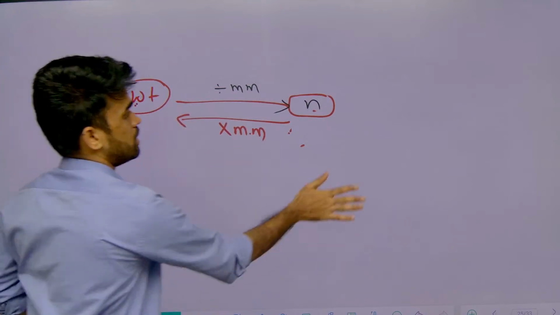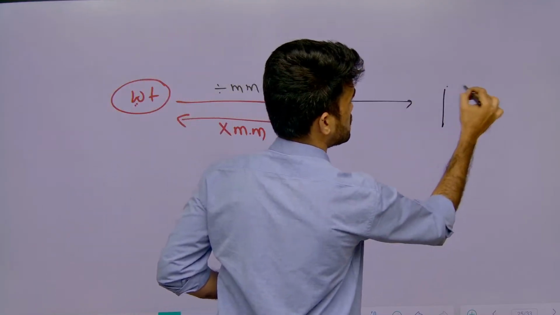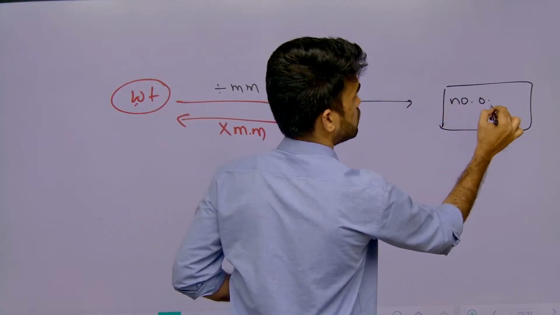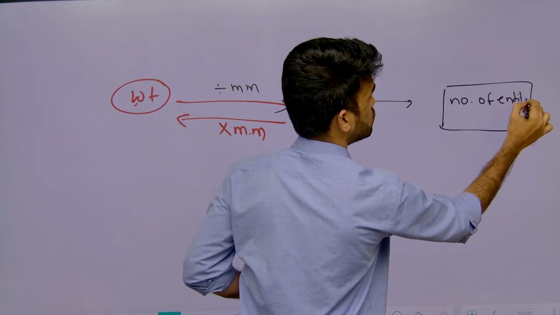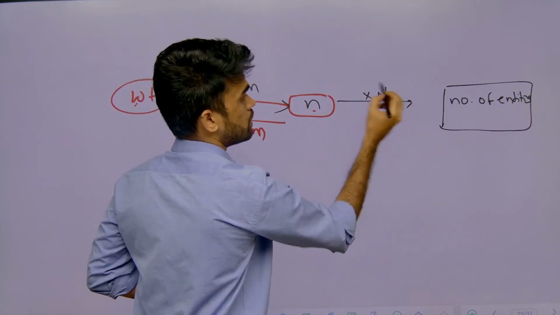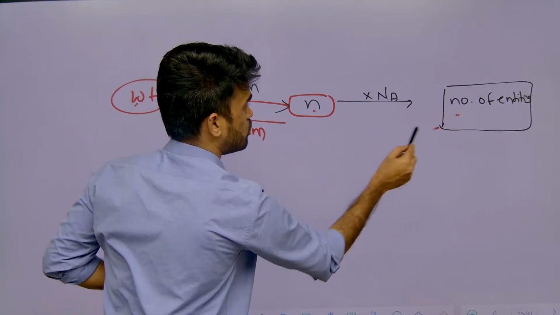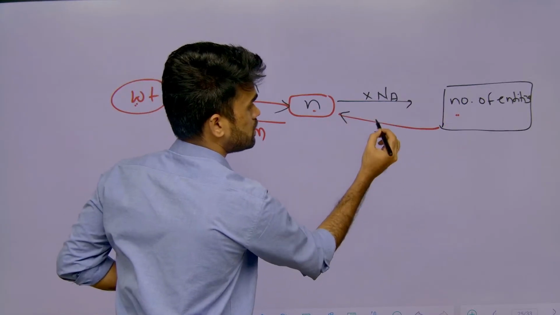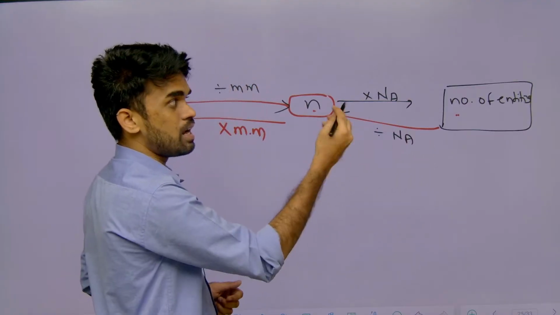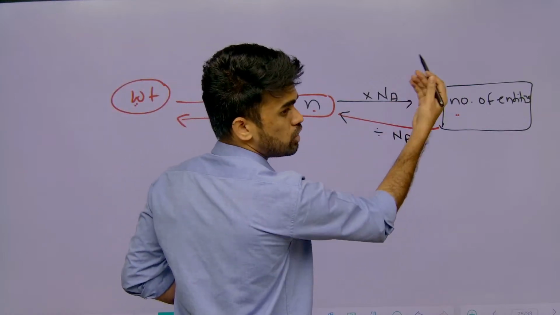This is fine. Next, if the number of moles is given and they ask how many particles or how many entities, what should I do? Number of moles into Avogadro number. If I give the number of entities only, particles only, how will you get the number of moles? Divide it with Avogadro number. And if they are asking about any electrons or any particular atoms, you should multiply that with atomicity also, depending